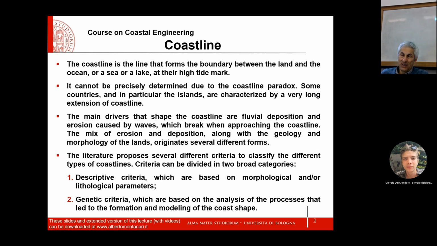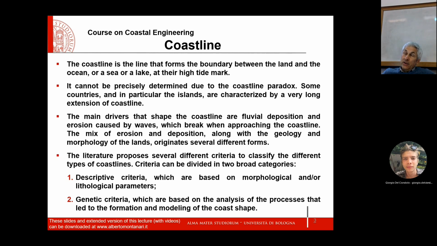The paradox concludes that the length of the coastline tends to infinity for increasing level of detail of the map. Now, we are not really interested in the coastline paradox because there is a link to a Wikipedia page in my website. But we are very interested instead in the evolution of the coastline, on the mechanisms that govern the